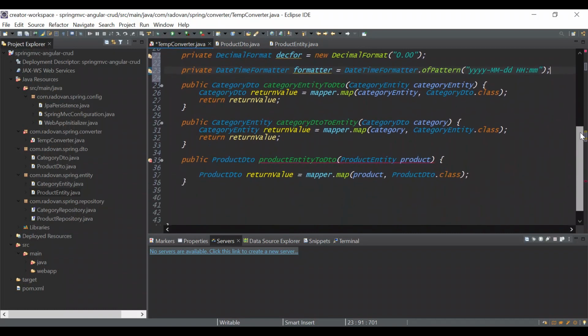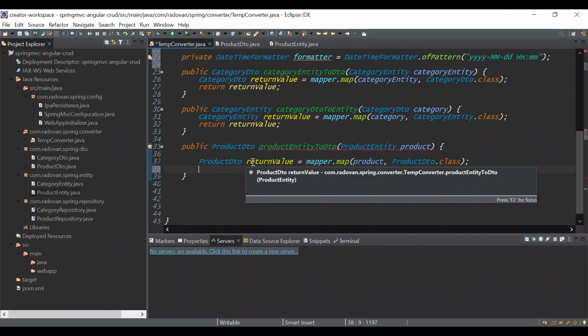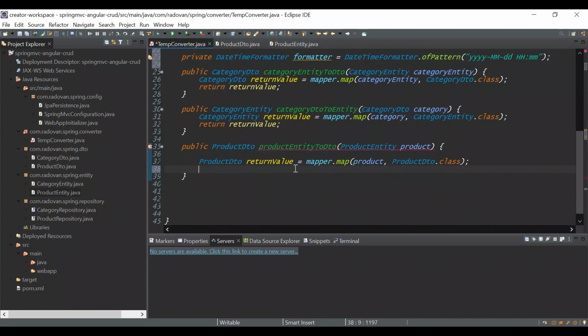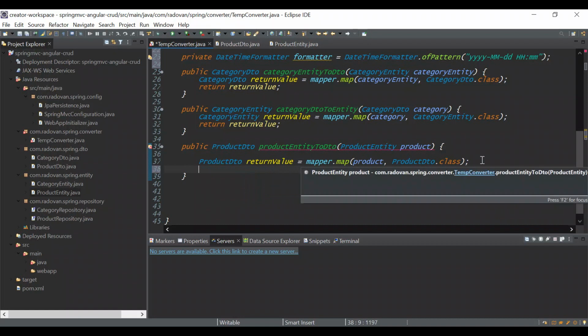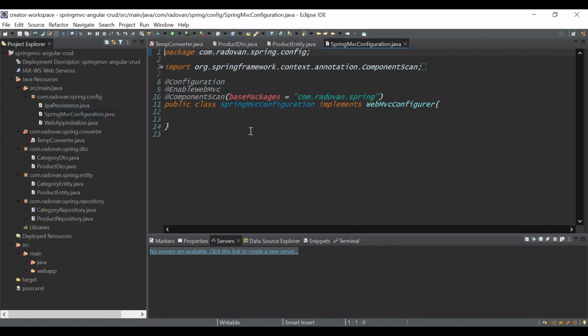And now let's continue with our method. First thing, we want to make the price have only 2 decimals. Here in this line of code we have converted this product entity to DTO, but before we continue, we will forget later. Let's return to the Spring MVC configuration and let's create one bean,